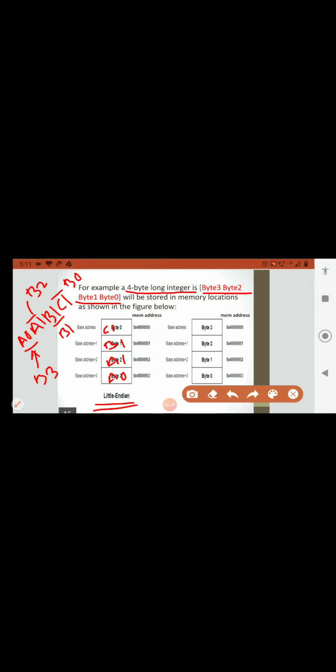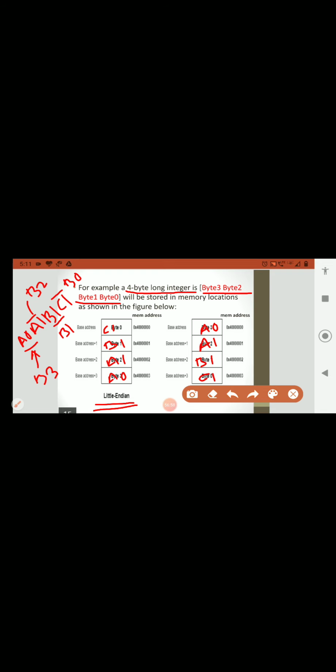Whereas if you consider the Big Endian method, how will the same data be stored here? Byte 3 will be stored in the first address, that is A0, and byte 2 in the next address, A1. Byte 1 will be stored in the next address, that is B1, and in the next address it is storing C1.